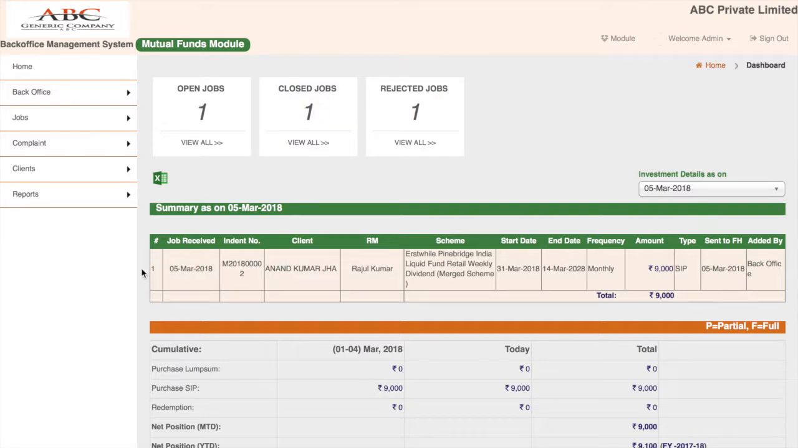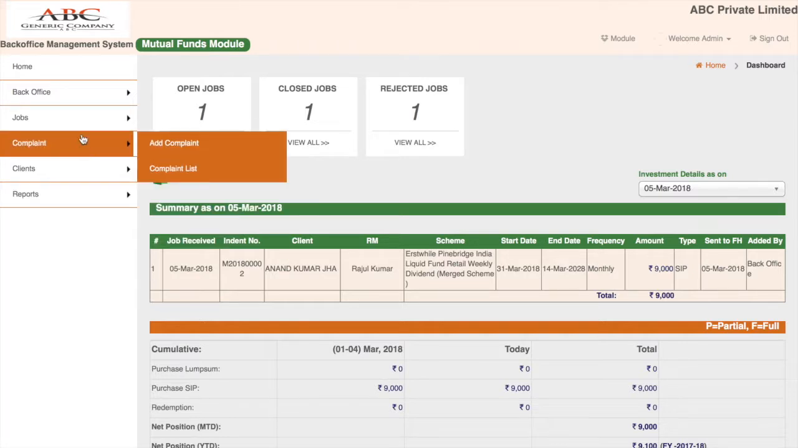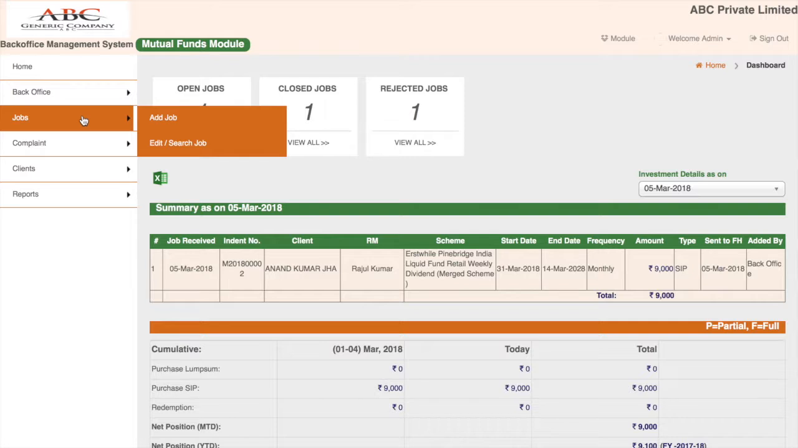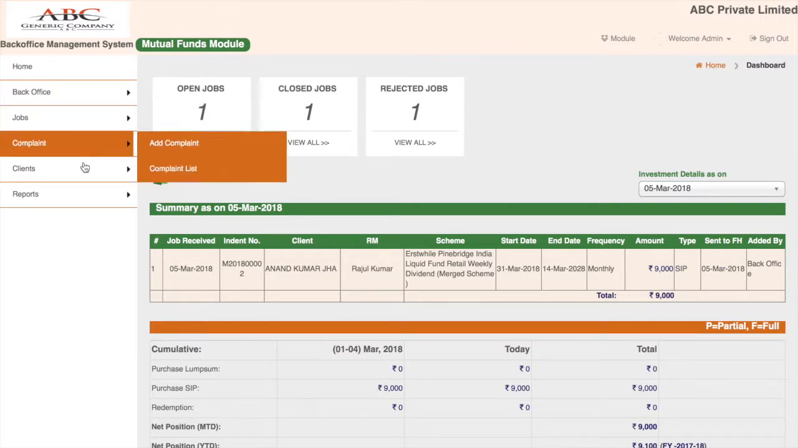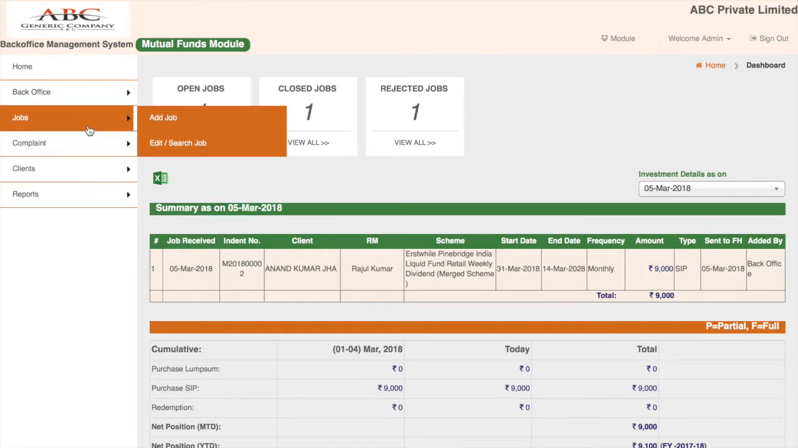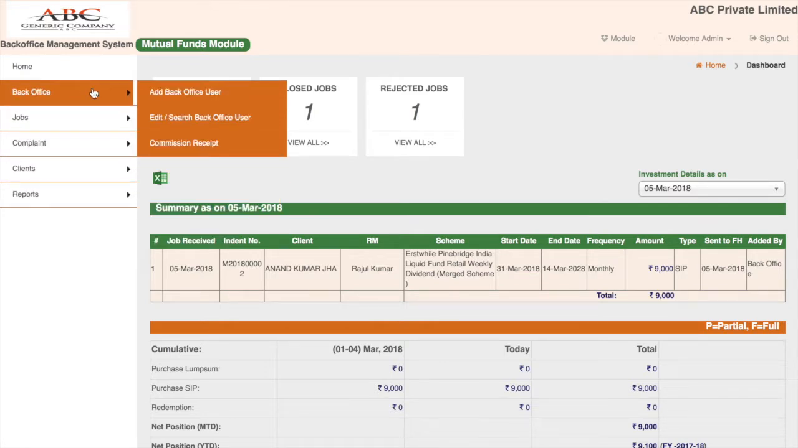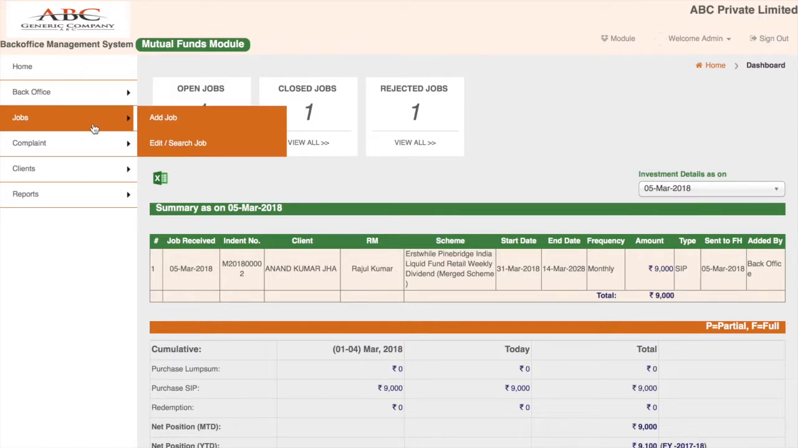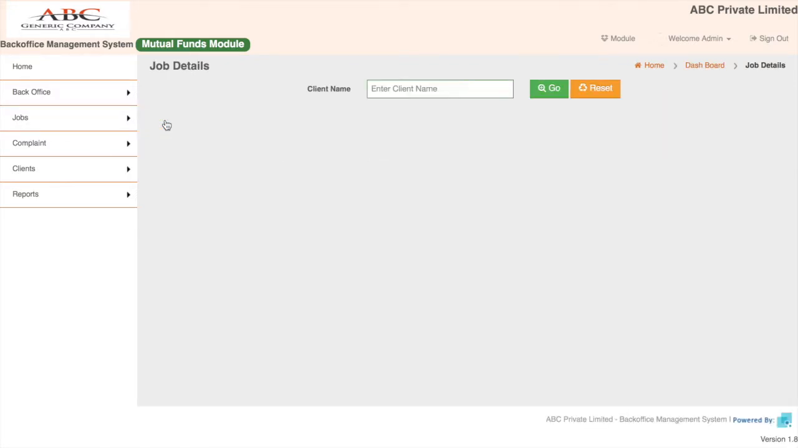Now the main functionality of this application is to handle jobs. Once you go to the jobs menu, the left side is reserved for the menus. This menu is primarily to create users. We'll get back to this menu. First of all, we'll talk about jobs. Here you can add a job. Once you click on add job,